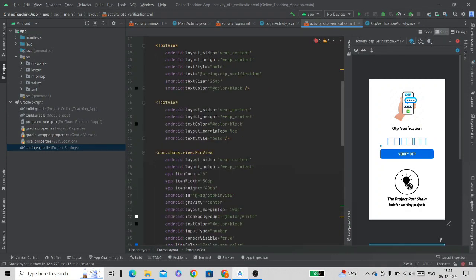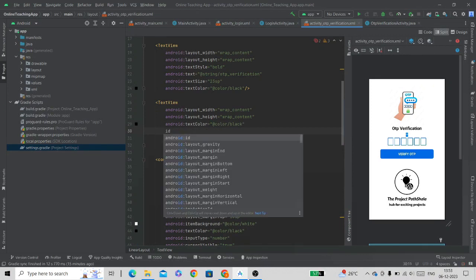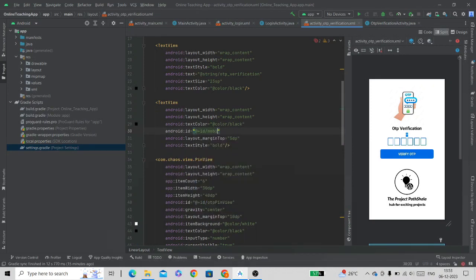Now as you know, we have created this text view to put the mobile number here. So we will also give ID to this text view, ID mobile number text view. Now let's go to the Java file.